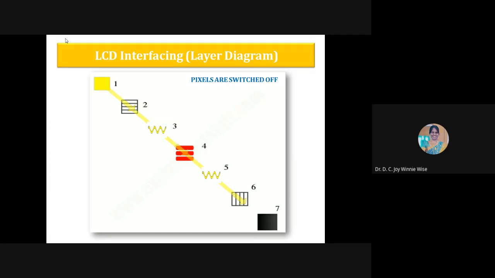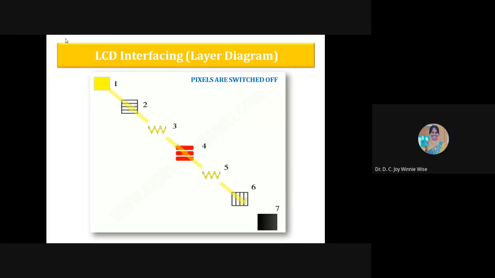Coming to the sixth one, we have a vertical polarizing filter there. It blocks out all the light waves except those vibrating vertically. So from the second one, horizontal is blocked, and in the sixth one, vertical is blocked. Everything is blocked, so no light reaches the screen at this point, and the pixel will be dark. Hope you got it. Since the pixel is switching off in the fourth level.